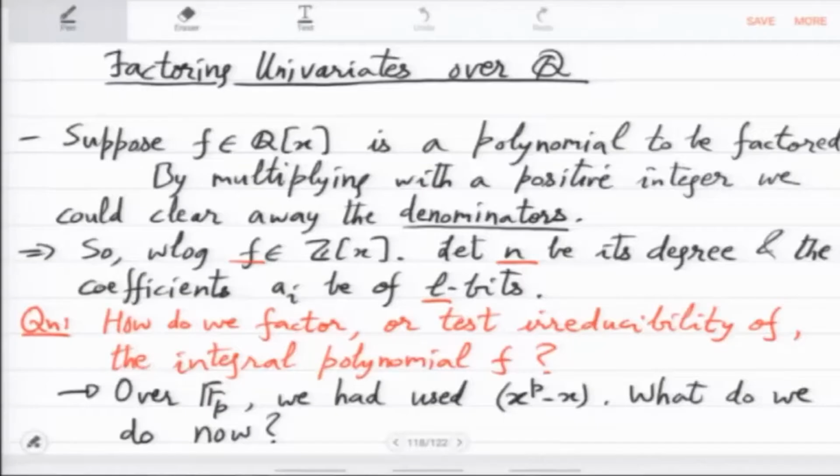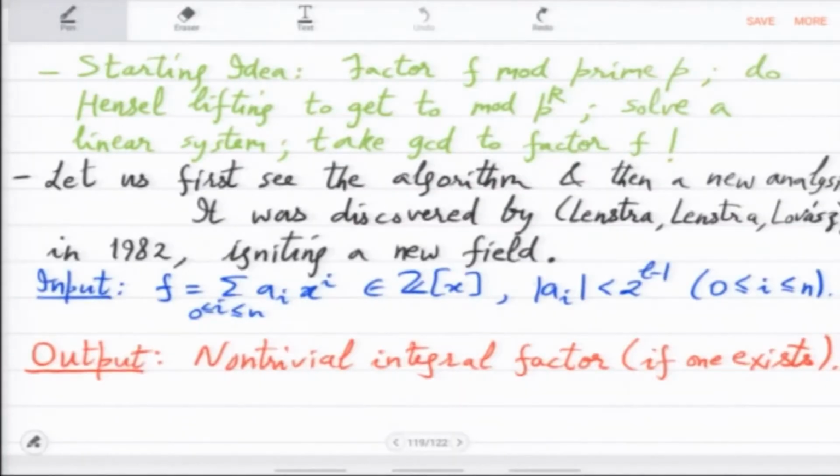Okay, so last time we started this algorithm that is going to factor univariate polynomials over rationals. So basically, in the input what you are given is f with coefficients a_i which are integers, you can assume them to be integers, and say these integers are given in binary, L bits. Okay, so you are given n plus 1 integers, each is L bits. So we are assuming here that these integers are signed integers and their value is smaller than 2 raised to L minus 1.